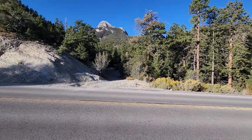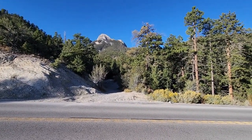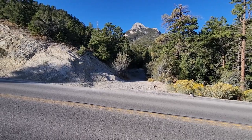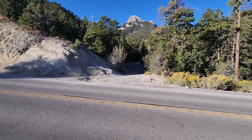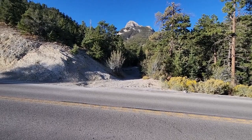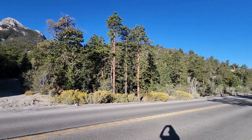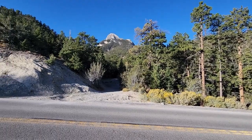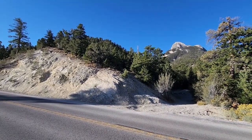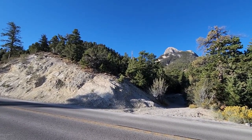And what we're going to do is hug this eastern ridge of 7 Mile Canyon. There you see Mummy's nose ahead. We're going to hug the base of this eastern ridge for about 500 feet. And then when this little road, Forest Road 092A, divides and branches off to the western ridge over here, we're going to ascend this eastern ridge in a nice gradual ascent gully and take the eastern ridge up to